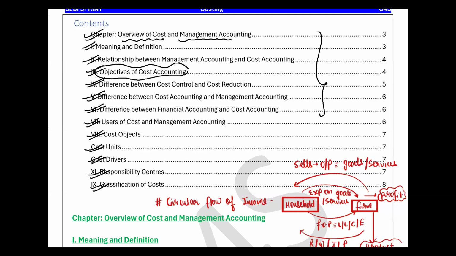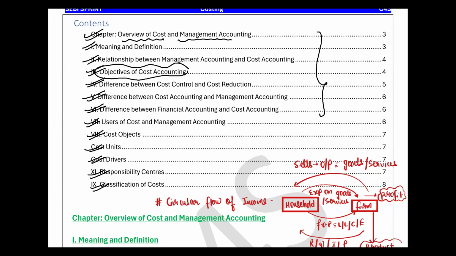Whatever the static portion you are covering for the SEBI examination, you have to go through the theory very well and practice very broad MCQs. So the coverage should be through MCQs and the notes. So let's start the class.